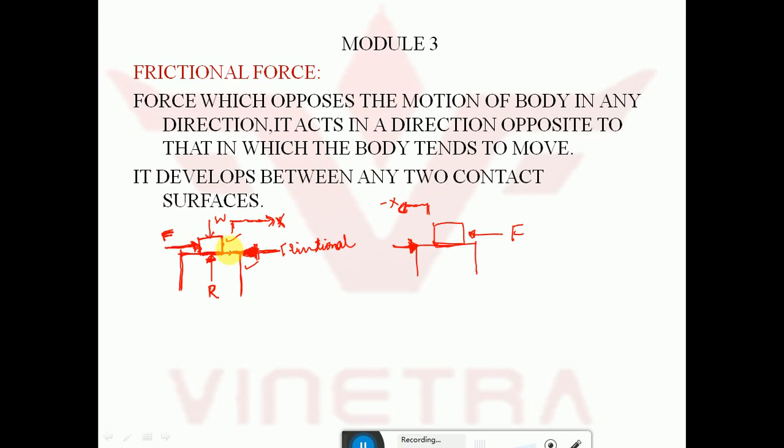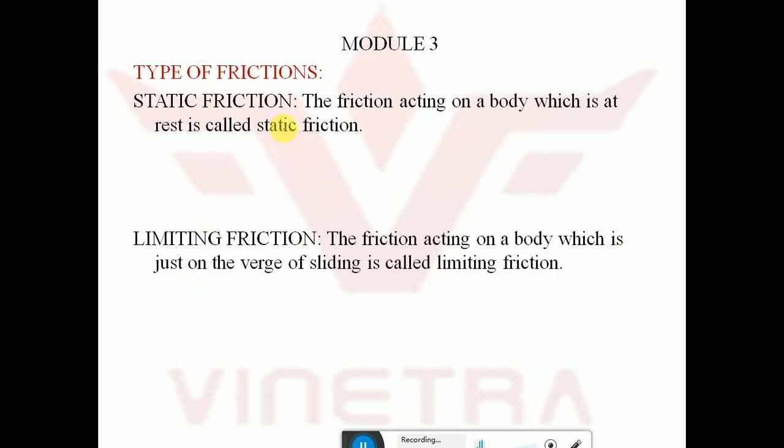Next, we will go for types of friction. The first one is static friction, and I will explain static friction here. So let us take a surface. This is a flat, straight surface, over which a body of weight W Newton is placed. Because of this support, a support reaction R will be developed normal to the support.